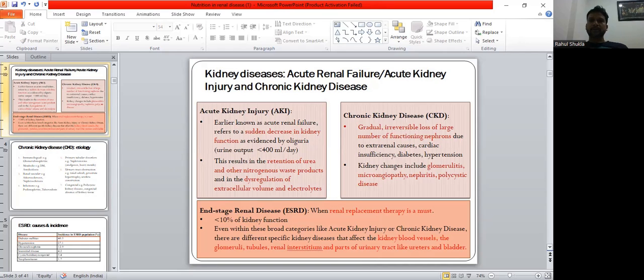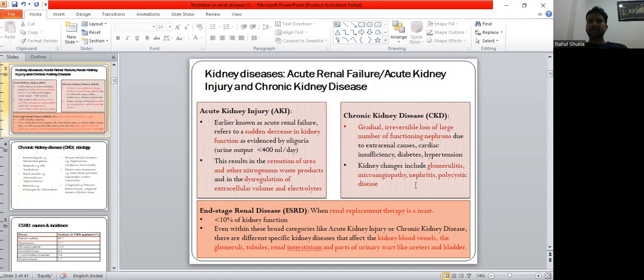And on the other hand, chronic kidney disease is actually a structural and functional abnormality of the kidney for more than 3 months, and it is characterized by gradual, irreversible loss of a large number of functioning nephrons due to extrarenal causes, cardiac insufficiency, diabetes, hypertension, and intrarenal causes of CKD include glomerulonephritis, microangiopathy, nephritis, polycystic kidney disease, and many